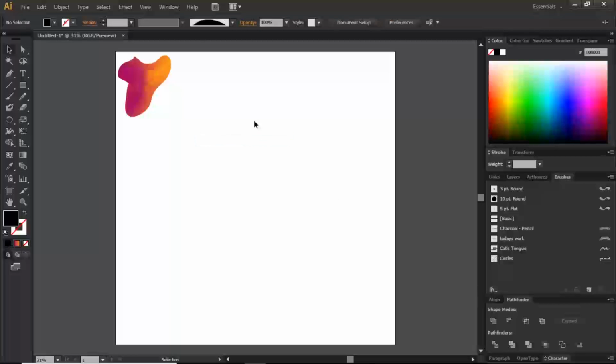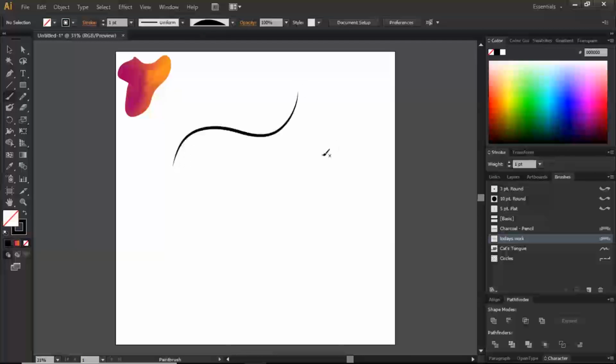Now you close that, and now we can come over to the brush tool here, and we can begin making shapes. The brush strokes that we're making are being affected by the brush that you just created, and it has these tapered edges. So you can just again play around with it. So when you decide to blend these shapes, for example, right? So let's just make that,